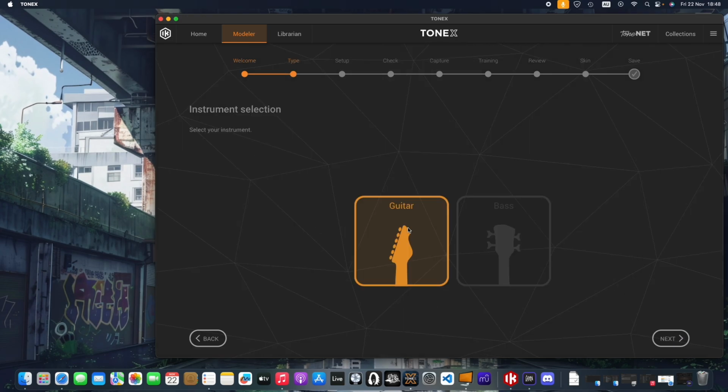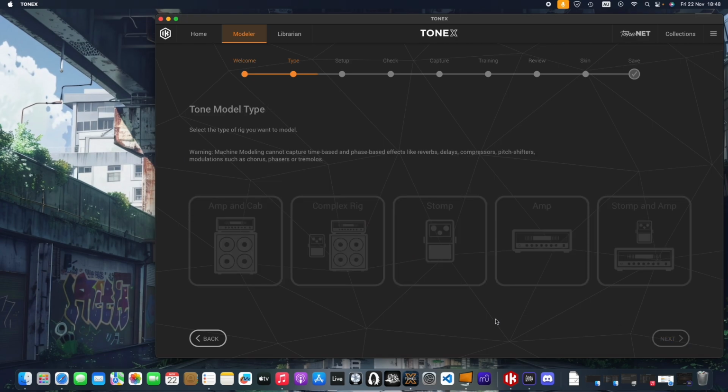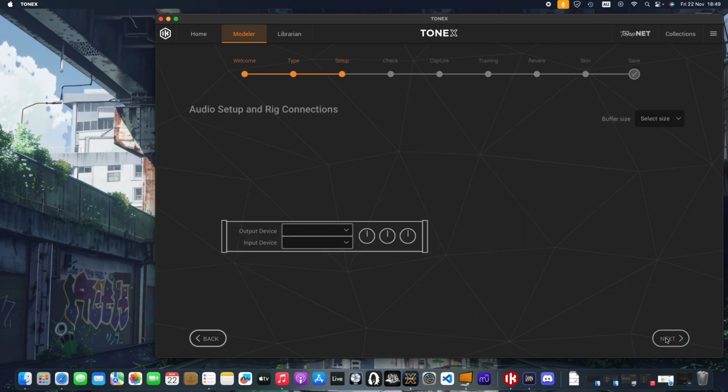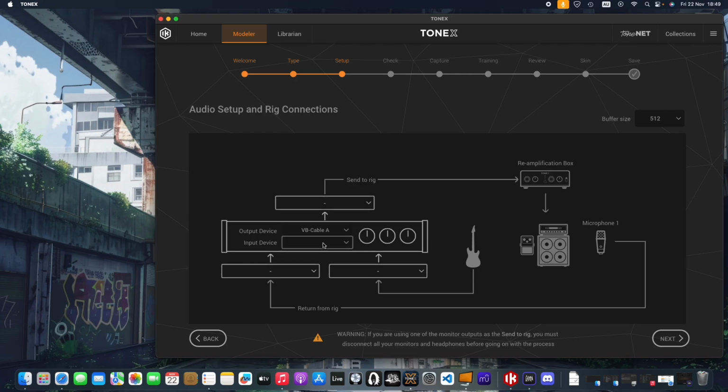and we want to use the guitar. So hit next, and for the tone model type, we're going with the complex rig and then next. For the audio setup and rig connections, we want to use for our output device our VB cable A, and in our input device you want to put in the VB cable B, so it's the other way around from